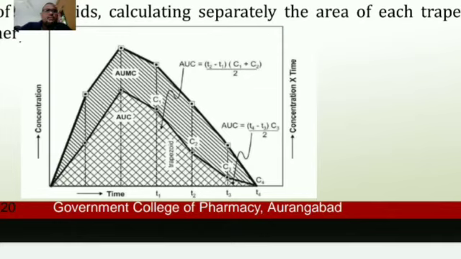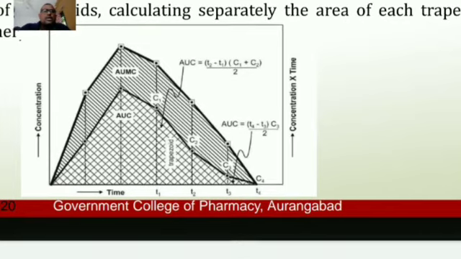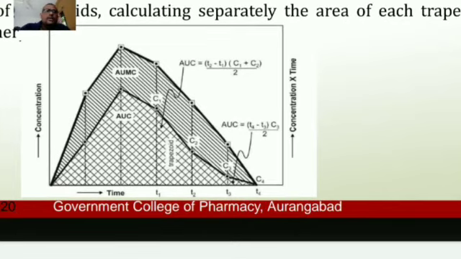On the x-axis you have the time, and on the y-axis the concentration. Consider the time as 1 hour, 2 hours, 3 hours, and so on. On the y-axis is the concentration, how much concentration is present after 1 hour, 2 hours. By using the area under curve formula, that is T2 minus T1, consider T2 is 5 hours and T1 is 4 hours. So 5 minus 4 into C1 plus C2, where C1 is the concentration at 4 hours and C2 is the concentration at 5 hours. Consider C1 is 70 microgram or milligram plus 50 milligram, and you divide it by 2.